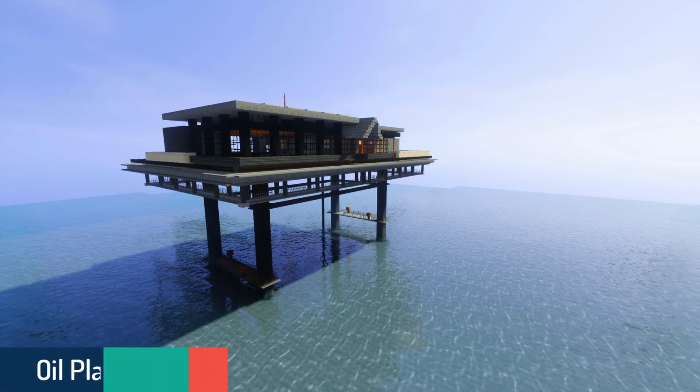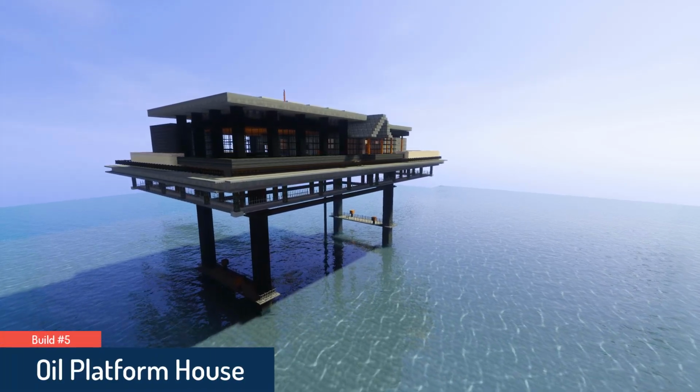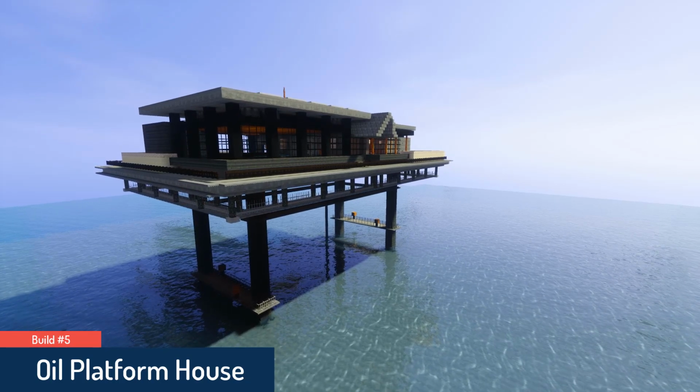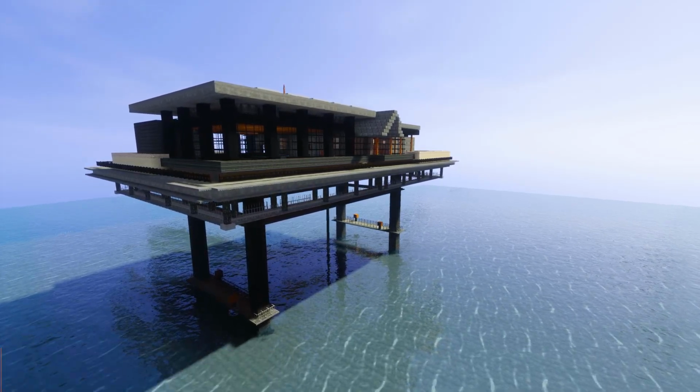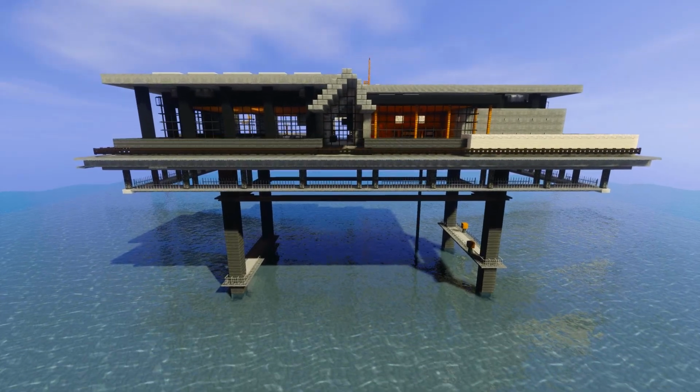Built by Apollo 337, this building is an oil platform house. Definitely an interesting concept for a build, and part of the reason why I wanted to add it, I think. In the middle of an ocean, of course, on top of a platform,